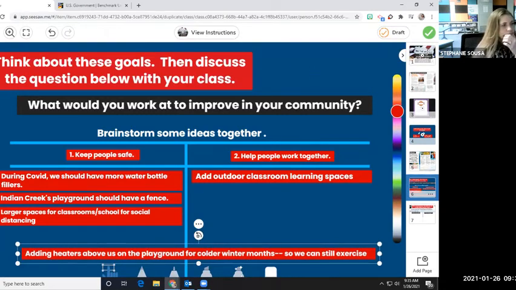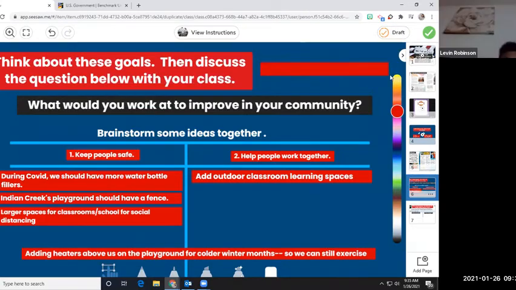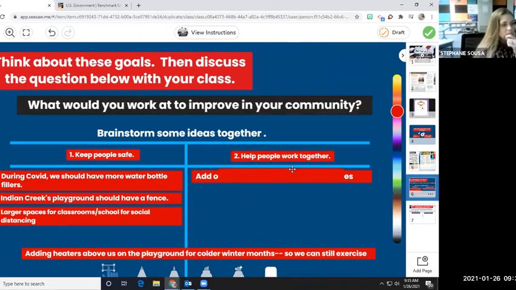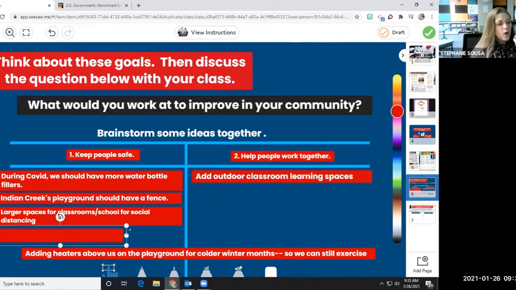Levin, an idea. Picking up the trash. So would that help keep people safe or help people work together? Help people, keep people safe. Okay, so my question to you is, why do we need to have the school board's president's permission to pick up trash? Do we have to ask permission to pick up trash? No. Okay, so that is a great idea of how to be a good citizen. We want to think about what are some things we can ask for to help our school be better. So can you think of something we could ask for that does have to do with trash?